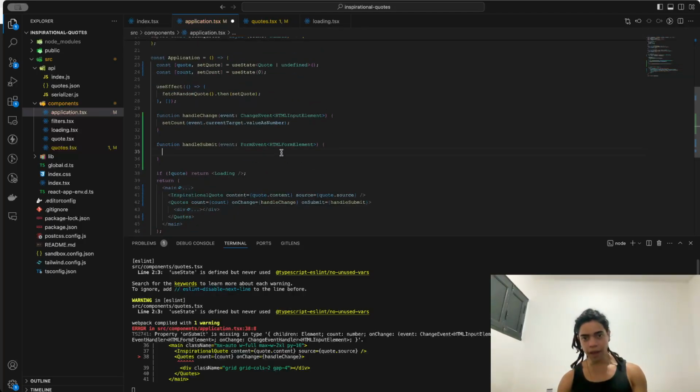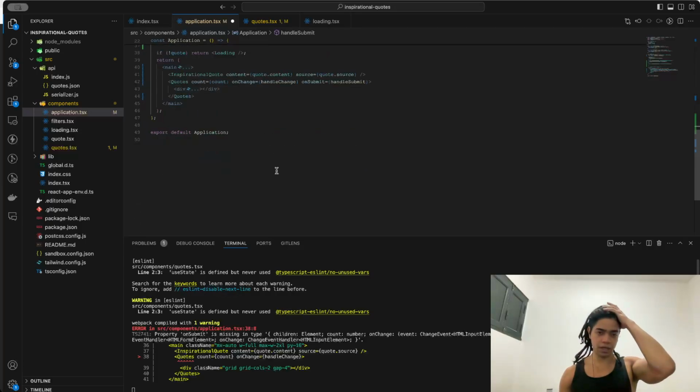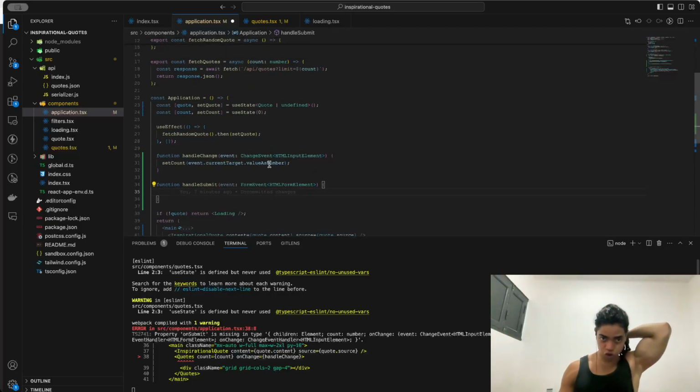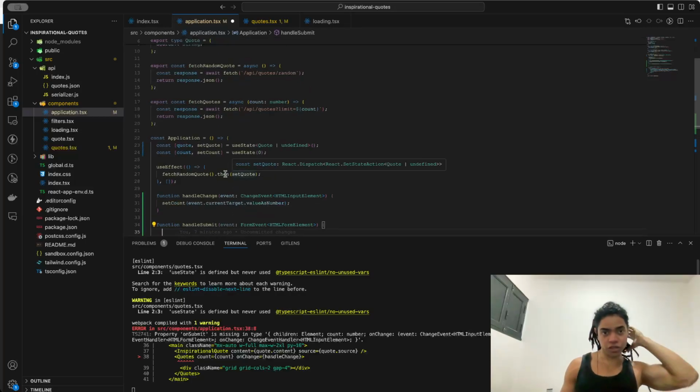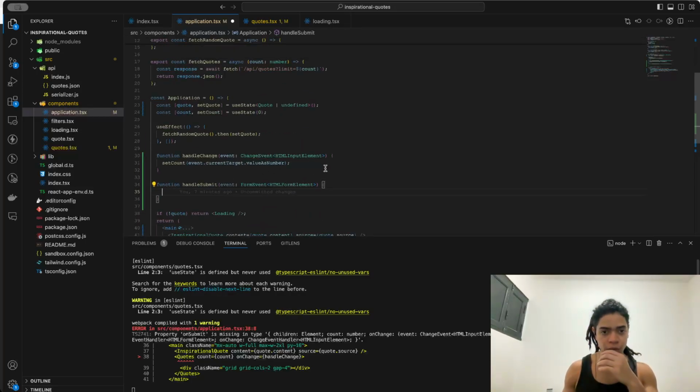And now we can actually handle the submit, by performing our HTTP post request, which is locally for us now handling event,